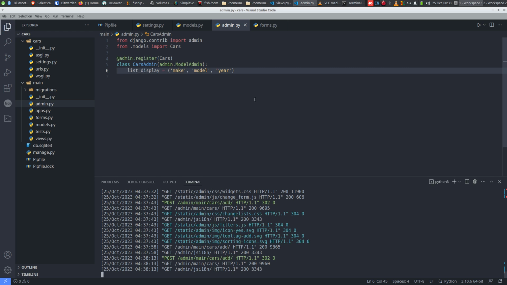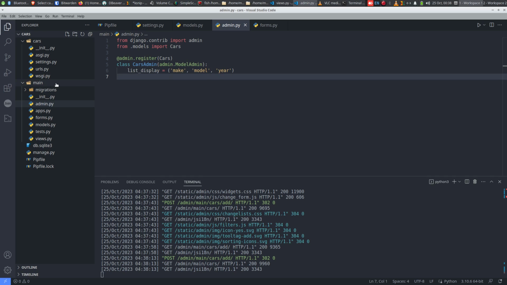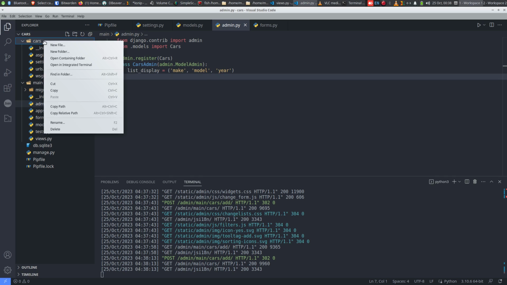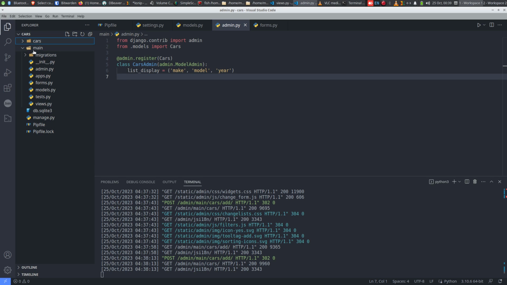Okay, to create our templates, what I'm going to do is, under cars, I'm going to create a new folder called, actually, sorry, not under cars, under main. We're working inside the main app. So I'm going to create a new folder called templates. And I'm also going to create a